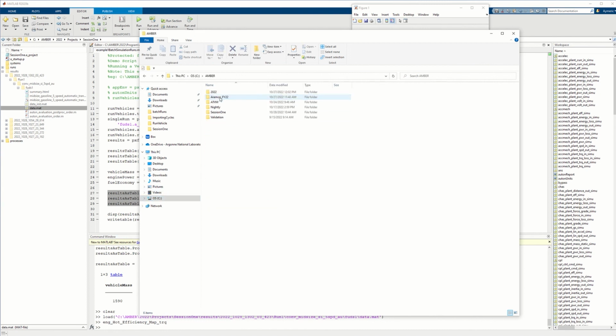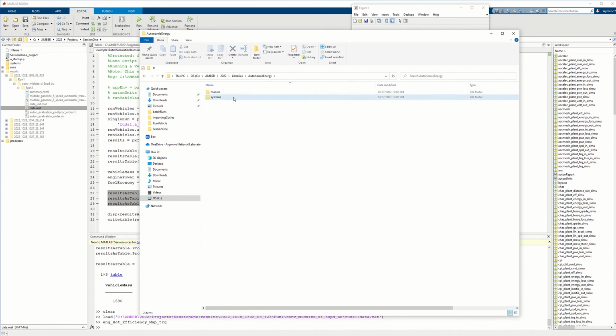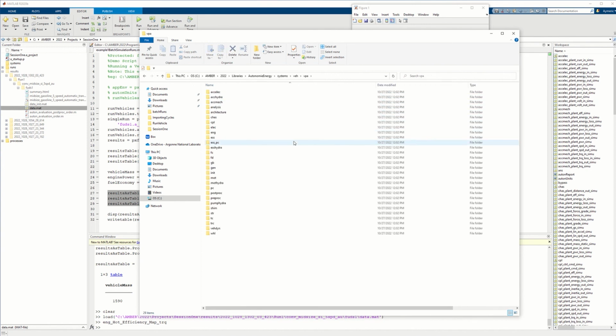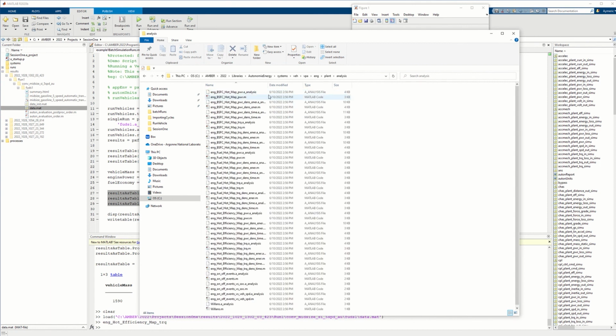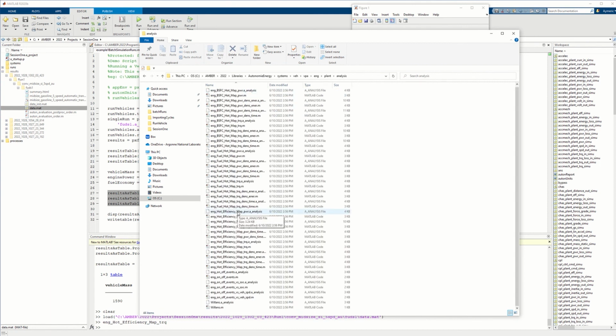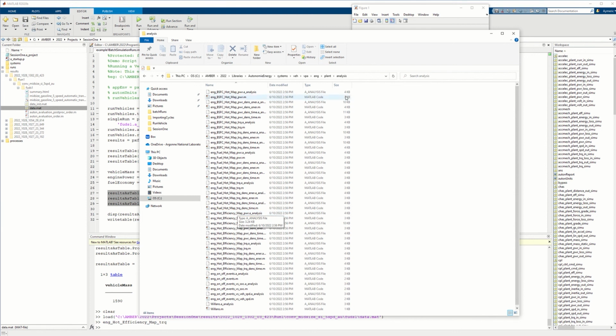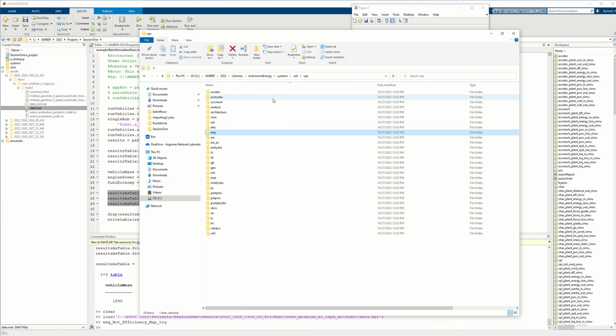But you can also go to Amber 2022, libraries, energy systems, vehicle, and then we're going to go to the VPA. And for example, the file that we just used, engine hot efficiency map torque, if you go to the engine folder, plant, and analysis, you'll find all the plots available for the engine component,